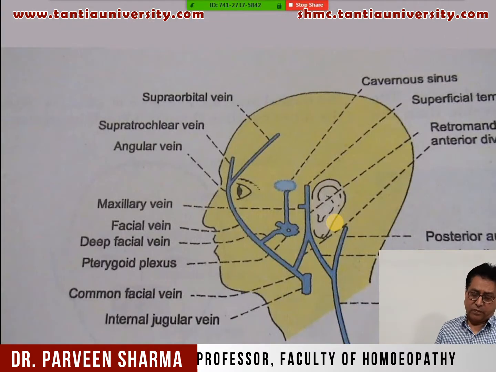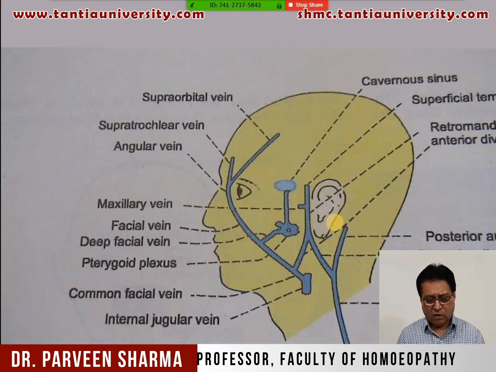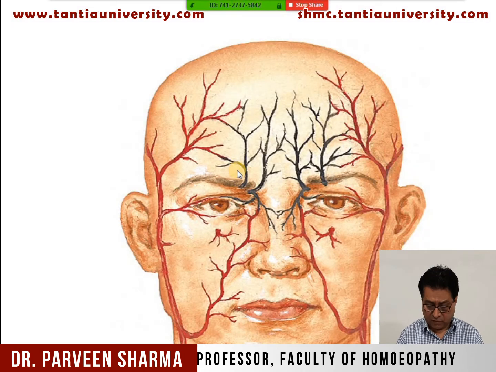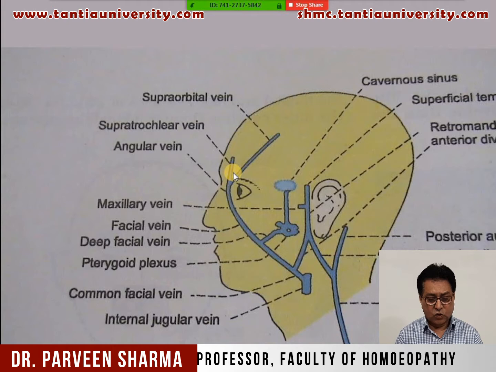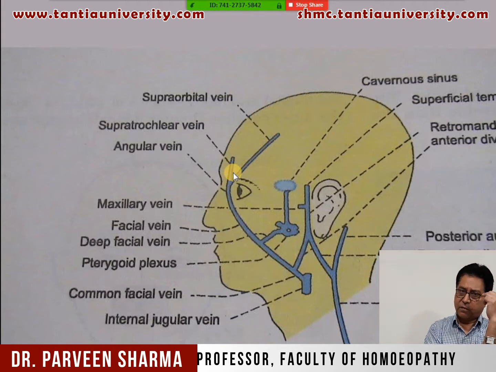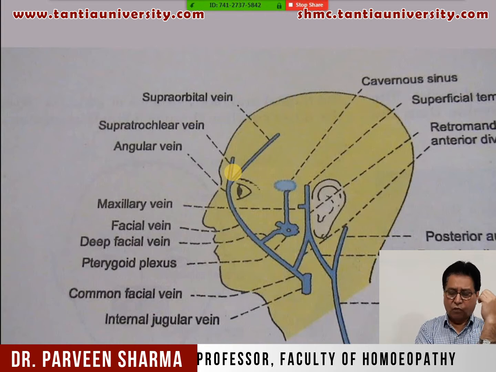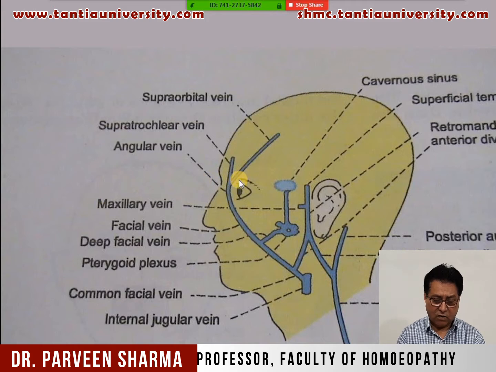Now venous drainage of the face. In scalp I told you the venous drainage of scalp and venous drainage of the face is common. So when the question comes in scalp or the face venous drainage, both are the same. So to understand that you have to understand the diagram. So here you have supratrochlear vein and supraorbital vein. The supratrochlear vein and supraorbital vein, they meet at the medial canthus or medial angle of the eye to form angular vein. Now angular vein descends, it runs downward as the facial vein.